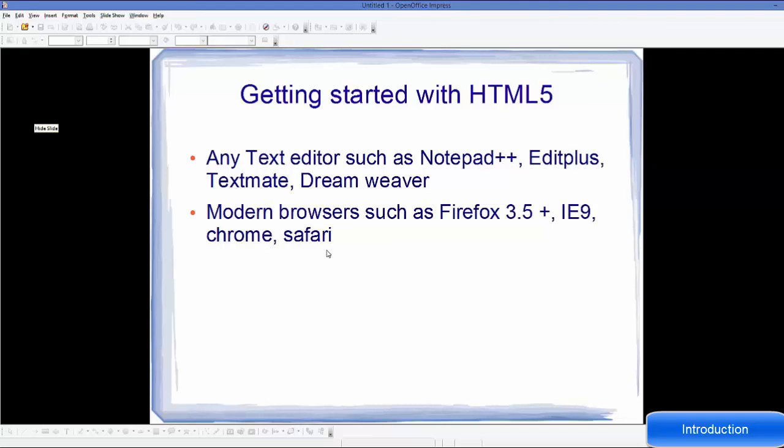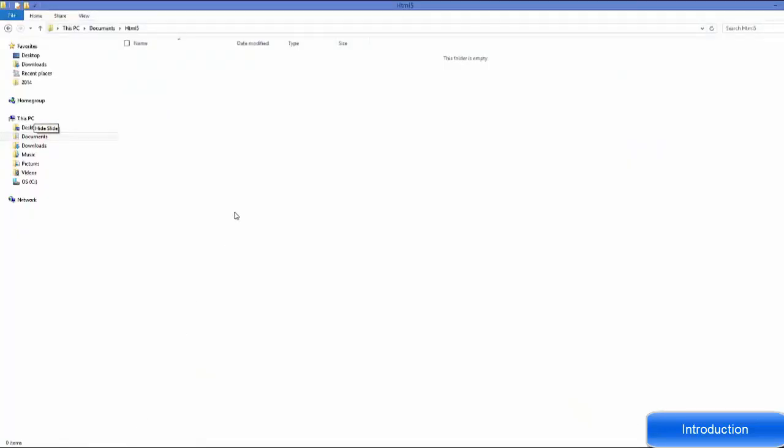Now let's see how we can create a simple HTML web page. I'm not going to explain the content which I'm going to use inside the HTML page, but we are going to see how we can create an HTML page. So just go to any folder in which you want to create this file, right click on it